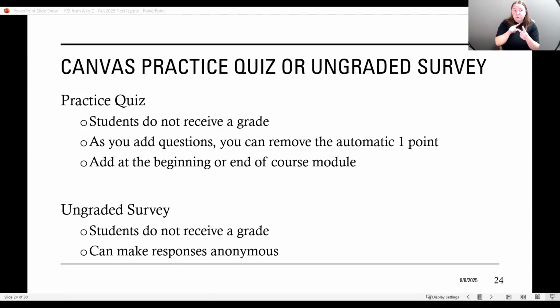Two different features in Canvas that you can use to get this feedback are a practice quiz or an ungraded survey. Students don't receive a grade for either one of these.